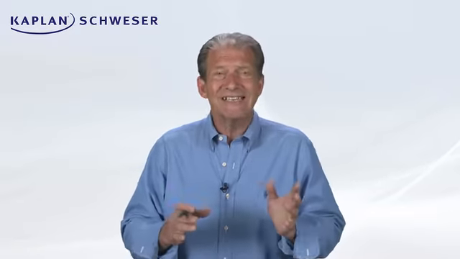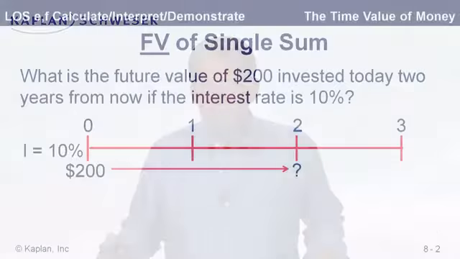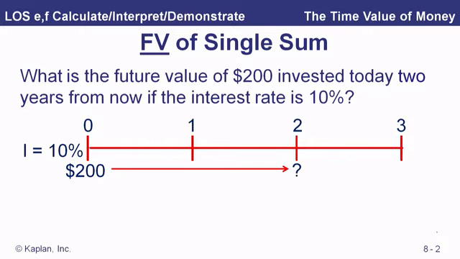Well, continuing with the time value of money, we want to start using a timeline here so we can go forward, backwards, actually get to any place we want in time and get the value. And here we're going to look at the future value of a single sum. The question is, what is the future value of $200 invested 2 years from now if the interest rate is